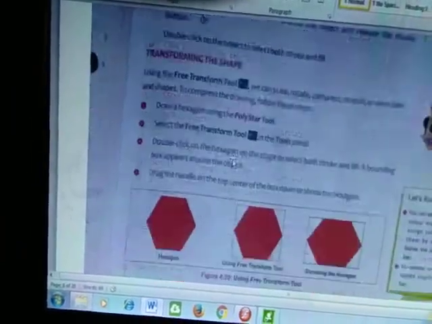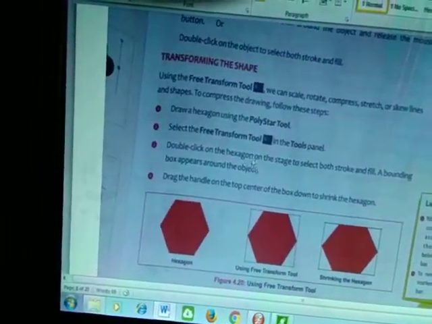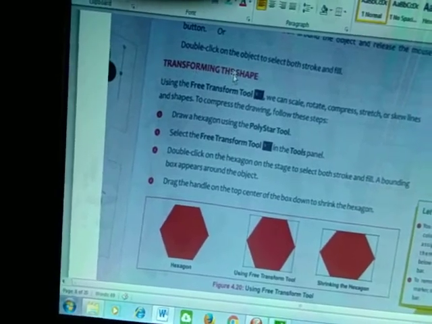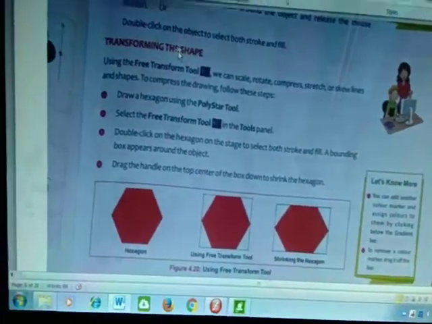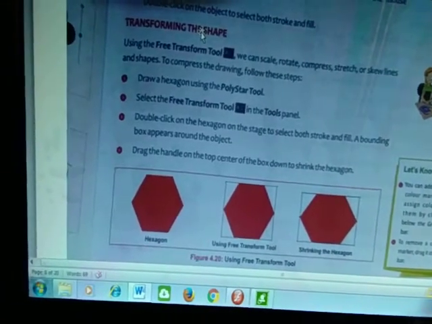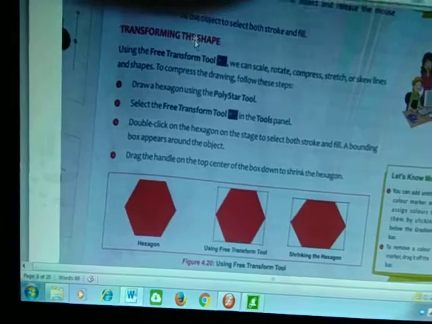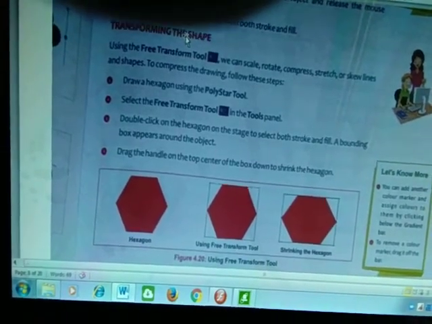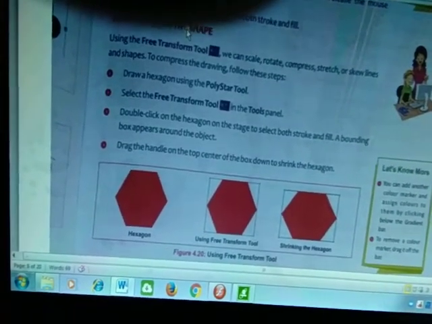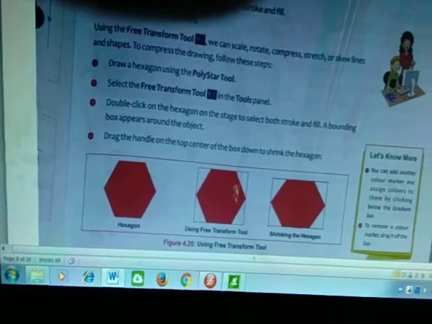So now the next one is the free transform shape. What is a free transform shape? A free transform shape is used to change in a different way. You can change your objects in a different way. See, I am going to tell you. Suppose